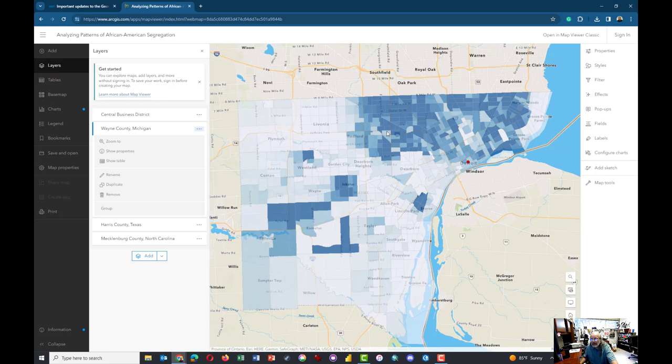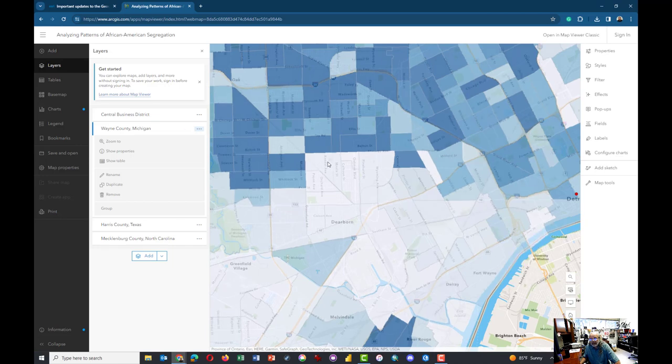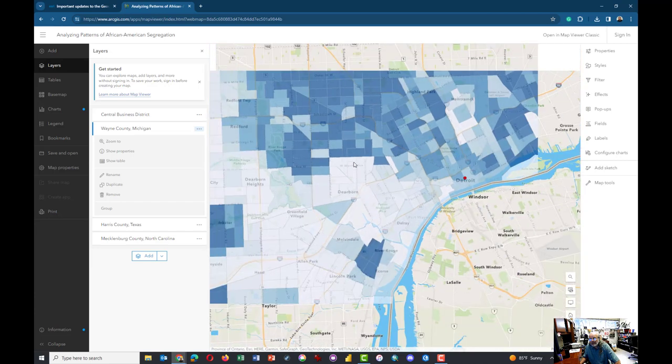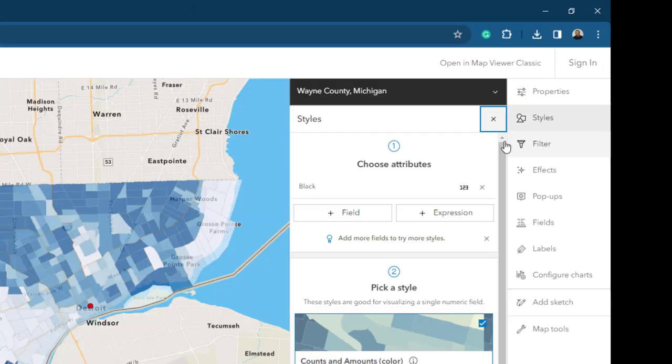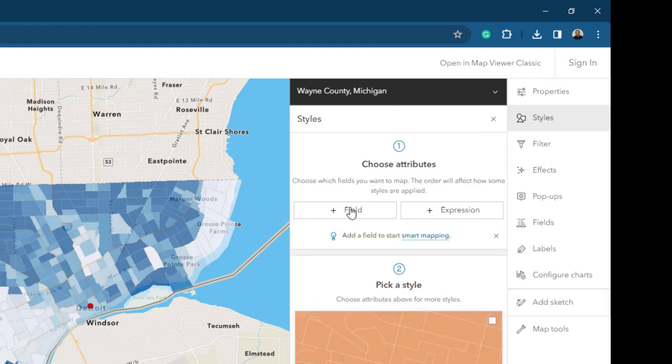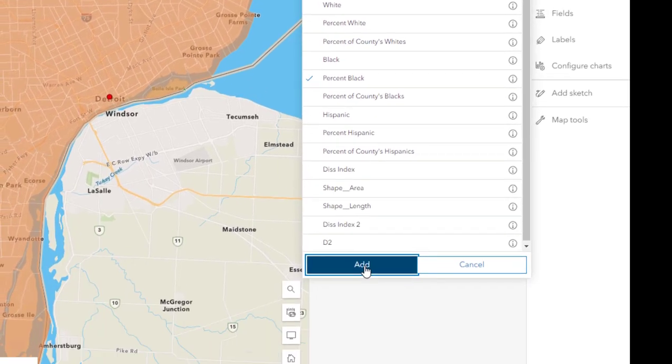And we see this checkerboard pattern, but this is just a map of the total number of black people per census tract, and it tells only partly the story, because in some census tracts almost everybody's black, but in others there are just very few, so it doesn't appear to be a black neighborhood. So really what we want to do is click on the styles and remove black and replace that with the percentage black map. So click on percent black, click add,